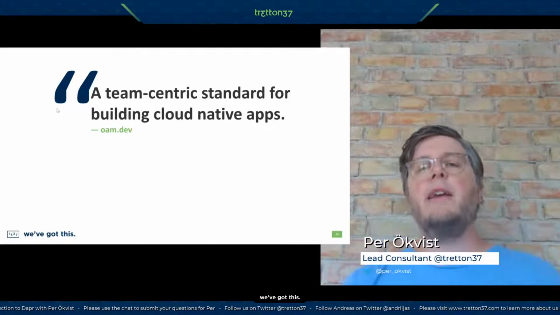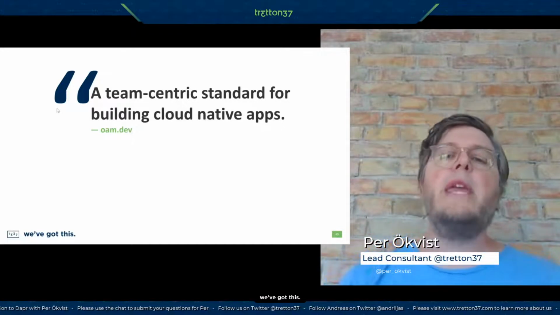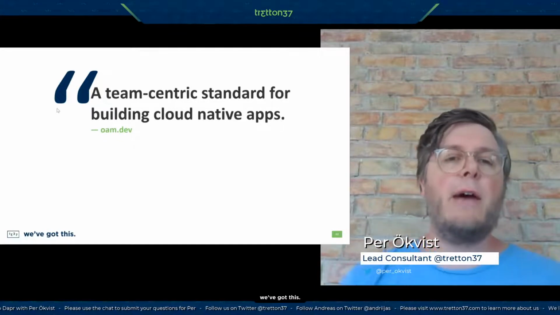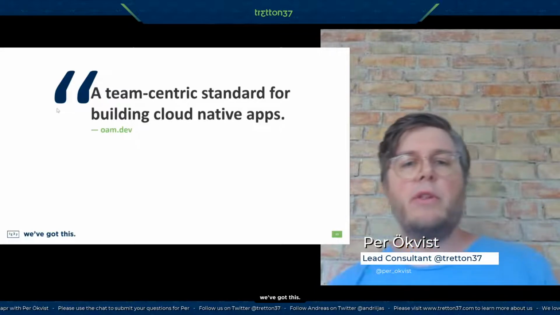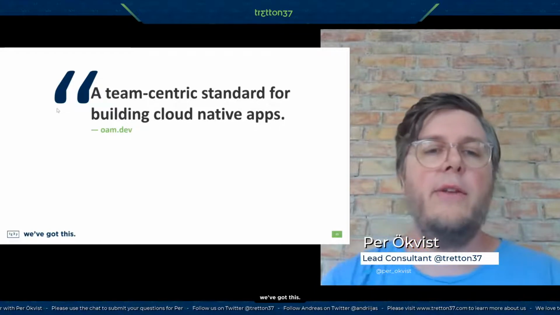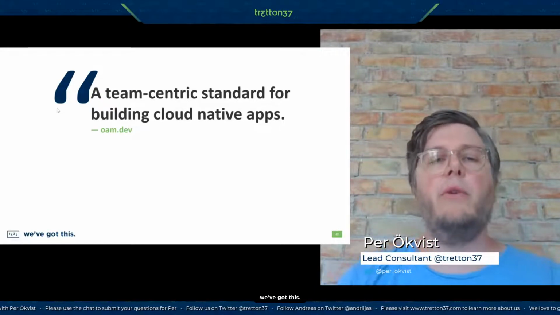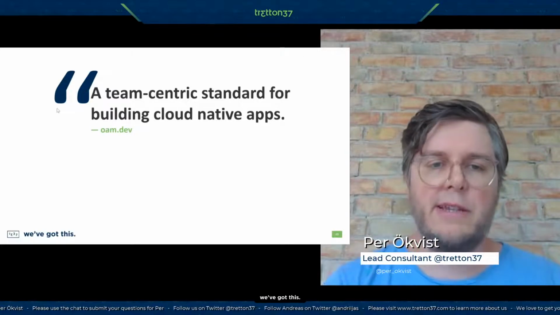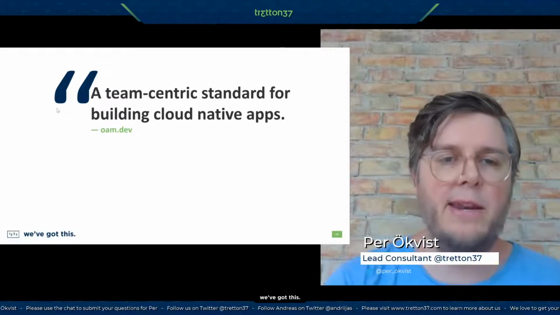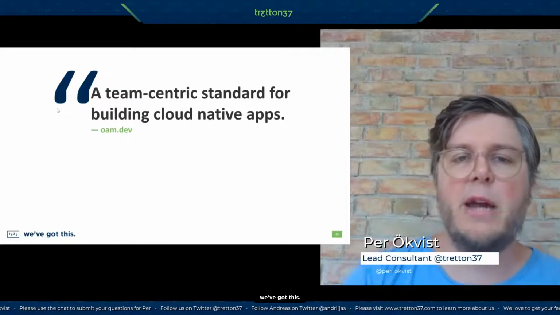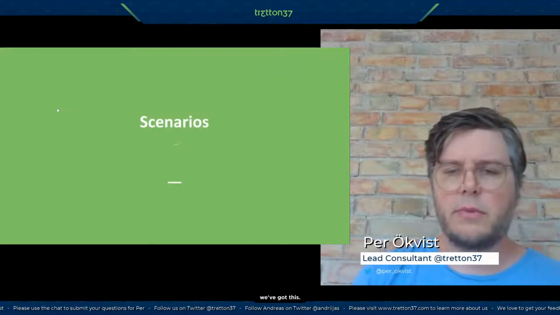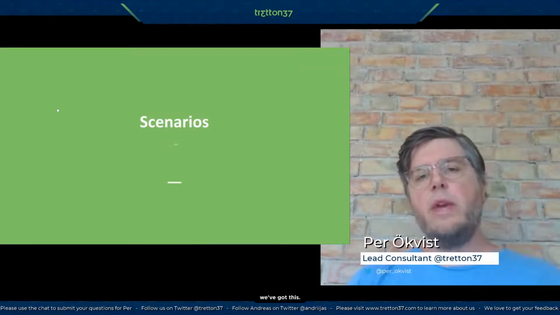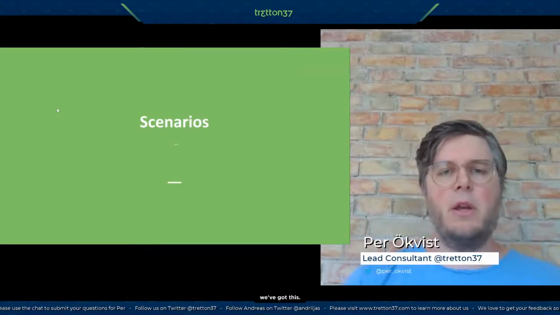So now you have cloud native for real, because you don't know if it's going to be Kubernetes, if it's going to be something else. So you have Dapr on the one hand, and you have the OAM specification on the other hand. So please go and take a look. But just to stress things out, Dapr is not dependent on OAM, but they are, from my perspective, kind of related. So let's look at a few scenarios how we could use Dapr.